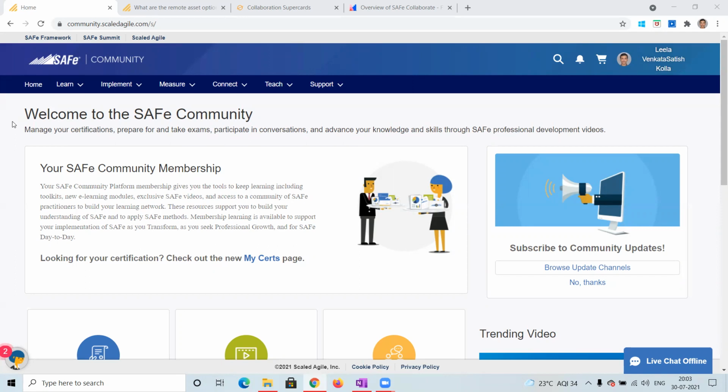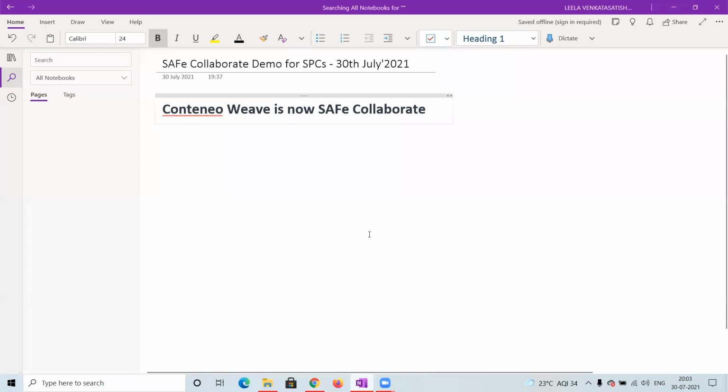So, to start with Collaborate, earlier it used to be called Weave, Continue Weave. And now Scaled Agile acquired it and started bringing it as Collaborate, a collaboration tool, as the name itself mentions. When we used to do in-person classroom sessions, we used to do all the activities,